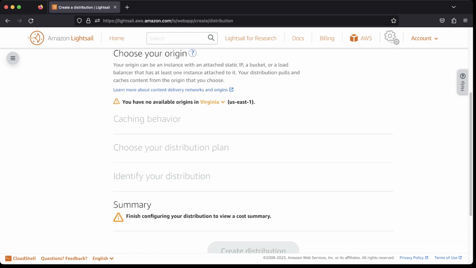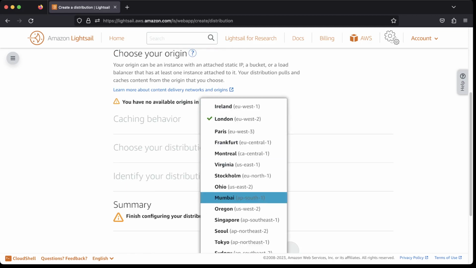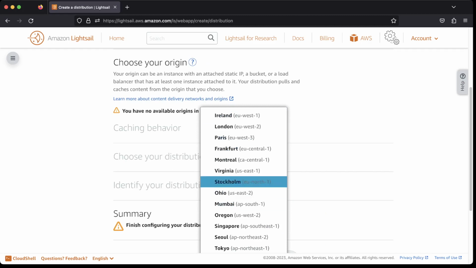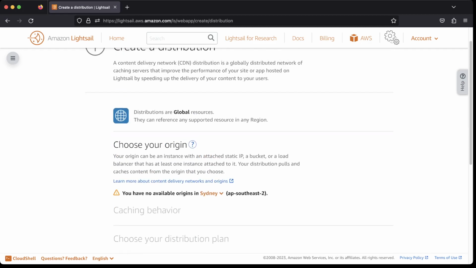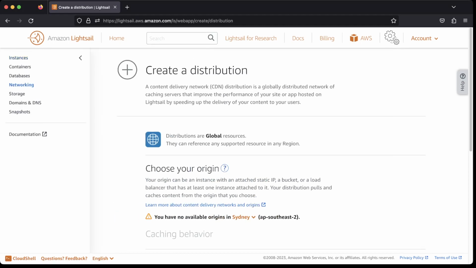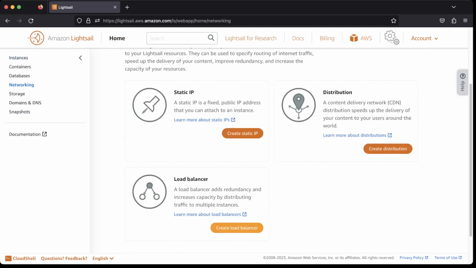Okay, so you know, available origins here. Let's see. Okay, so your origin can be an instance with an attached static IP. Okay, actually we don't have any instance anymore, so we need to have an instance that you can attach the CloudFront distribution to. So we come back to networking,